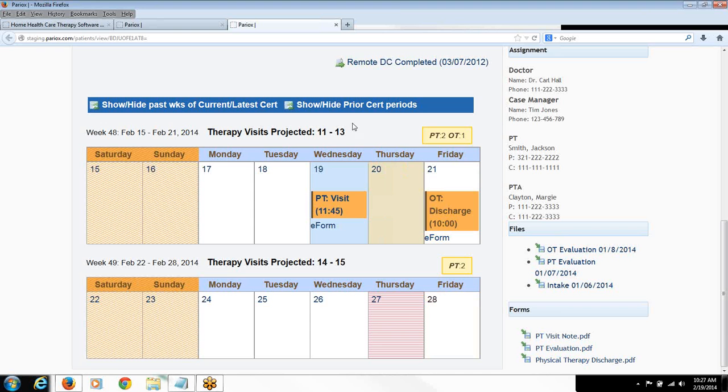Now I'm going to go in and schedule my visit. I can see here that I've got the 11th through the 13th. That's our projections for this week. And these projections, by the way, are very smart. They will change every week based on missed visits and based on exactly what was done in prior weeks for